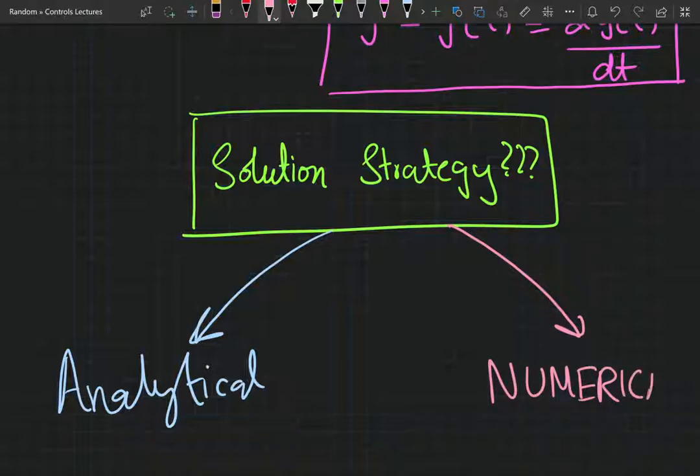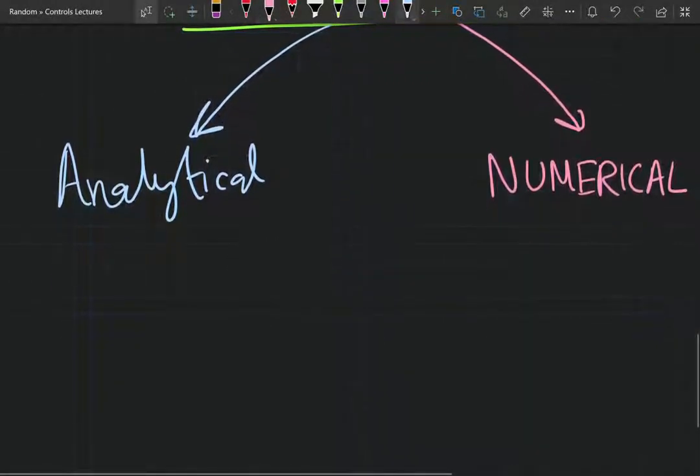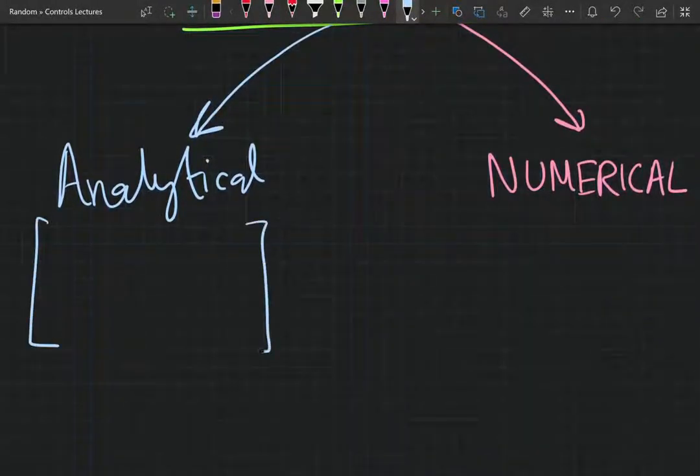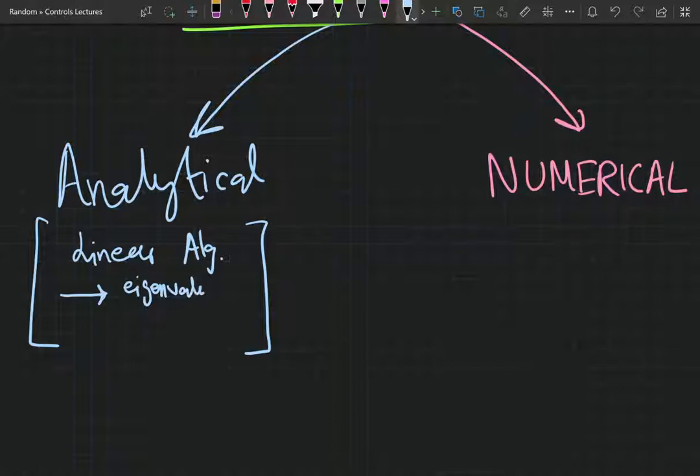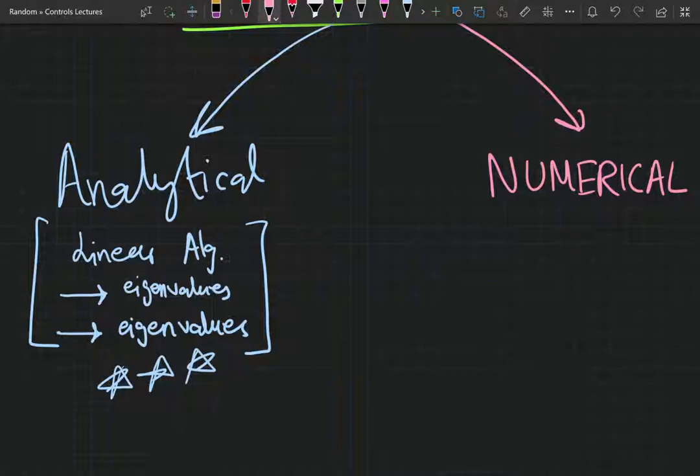Numerical versus analytical. In the analytical domain, you'll have all the professors with OCD who are going to be using linear algebra, and they'll be using disgusting things like eigenvalues and eigenvectors. They're going to be doing all that nasty voodoo magic. I mean, to us engineers, that's voodoo magic. This can give you some really good results, but is it really worth the effort